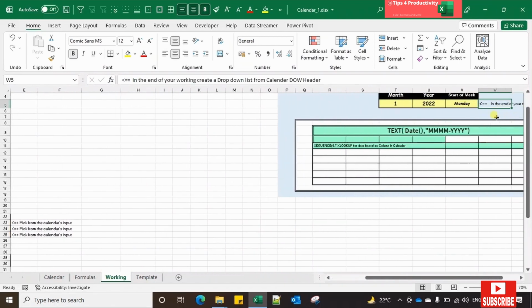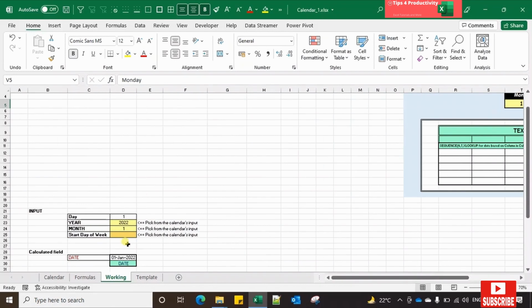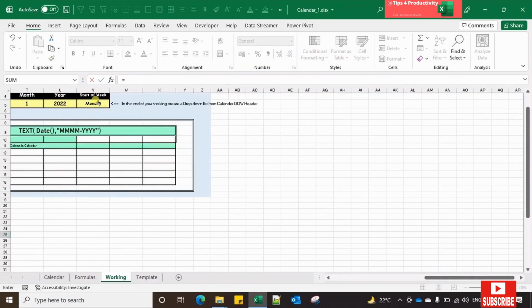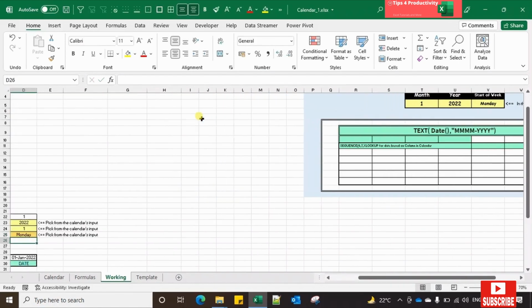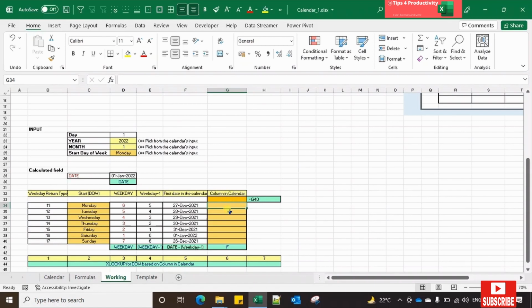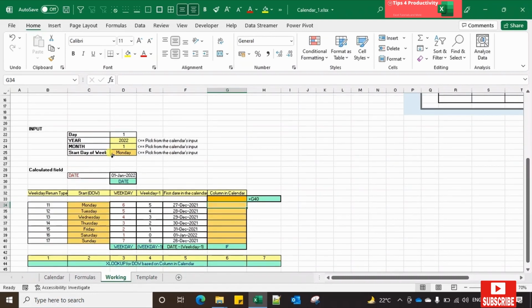So here in the column header, when I am having Monday, so let me have the Monday called from the column header on the start week of the month. So for the column in calendar, if the value that is selected in the calendar here is Monday, and if I am going to find the Monday here, then I will show that this is the first column of the